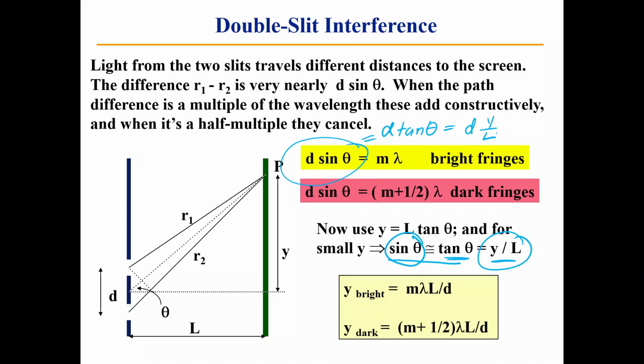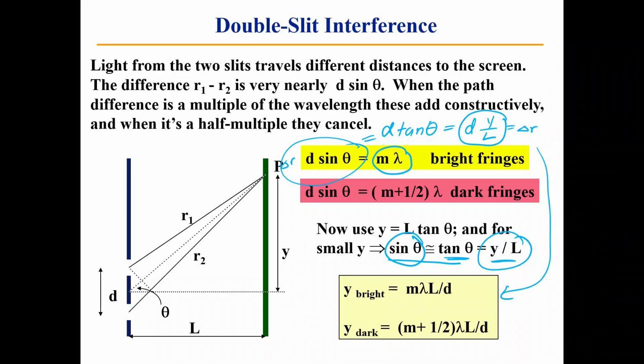And that means we don't need to know anything about the angles. We can just find Y using those relationships. So this is delta R, that's our distance in our path length. But we don't even really need our path length differences then, which is good. I don't want to know R1 and R2. I just want to be able to look at L and Y and figure out where along this screen it's going to be. So if I just use this side right here, m lambda, and my D Y over L,